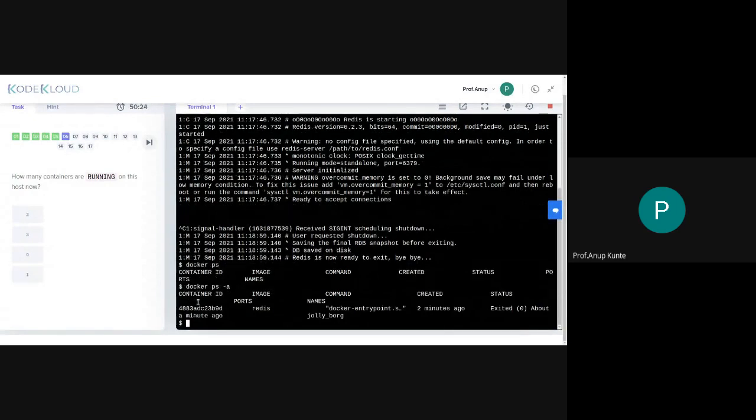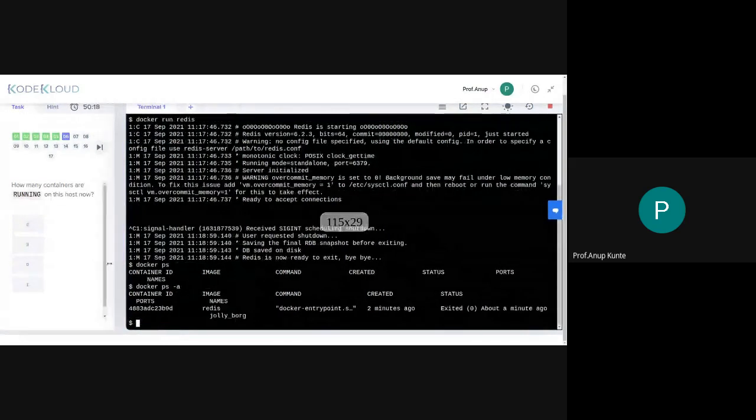So this was created. Let me pull this up so that it comes in one single go. It says that one container was previously running, which was a Redis container, whose name was Redis container. These were the ports that I was accessing, 483 something. And then the command it was running was docker-entrypoint.sh and some dots. It was running 2 minutes ago. So this was the container which was previously running. Using ps -a, I will list all the containers which are currently running plus those which have exited. Currently there are no containers running, so I'll say 0. So I have passed this particular point as well.